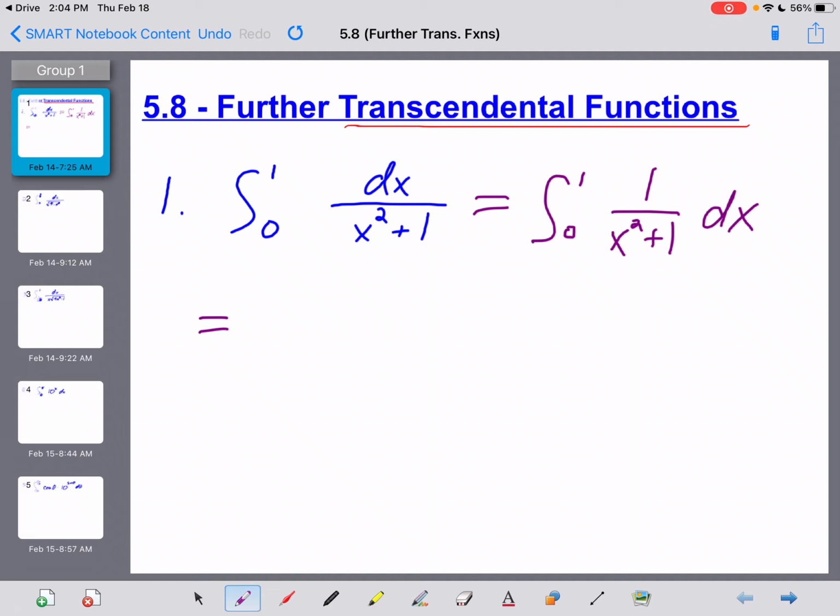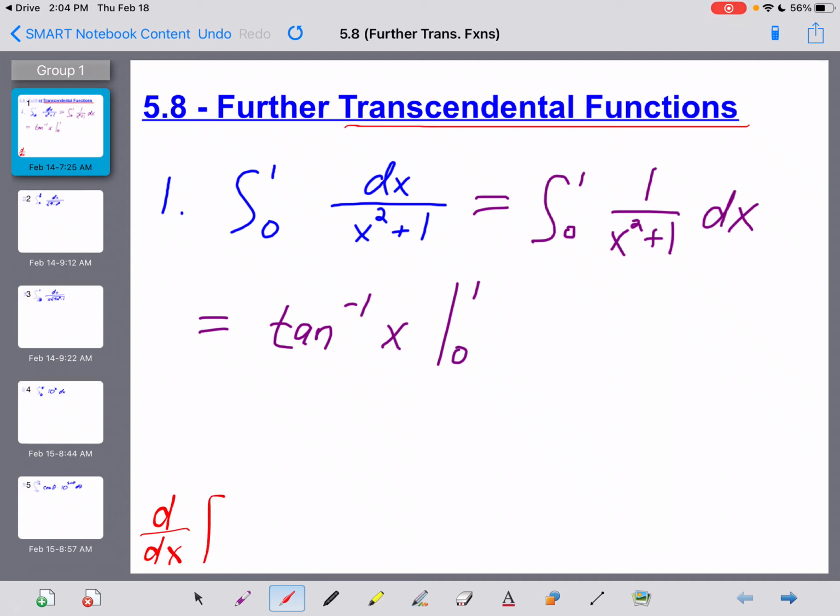And I'm hoping you kind of, sort of, a little bit remember that 1 over x squared plus 1 is the derivative of, survey says, the inverse tangent of x. And of course, we'll have to evaluate that now from 0 to 1. 1 over x squared plus 1 is the most basic of the 6 inverse trigonometric derivatives that we learned back in the day. Somewhere in your notes, you guys are going to find this formula, that the derivative with respect